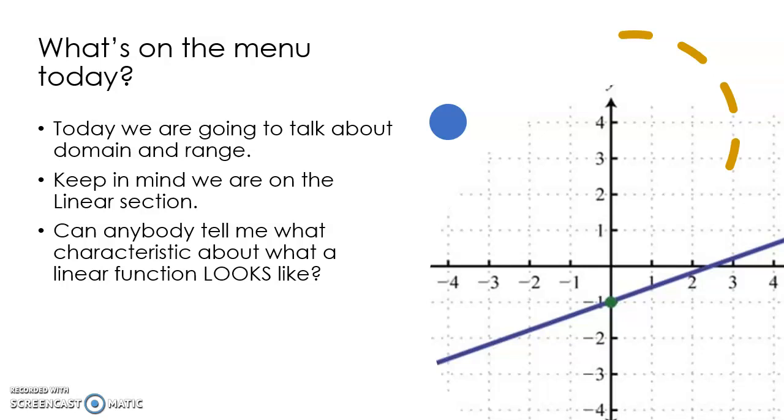So can anybody tell me what characteristic about a linear function looks like on a graph? What similar trait does a linear graph have that all of them share? Take a minute, pause the video, and let me know. Okay, and drum roll, the answer is